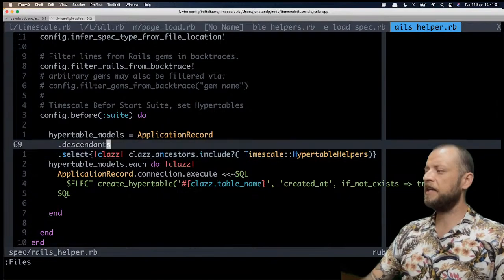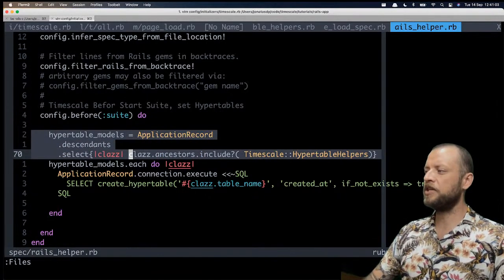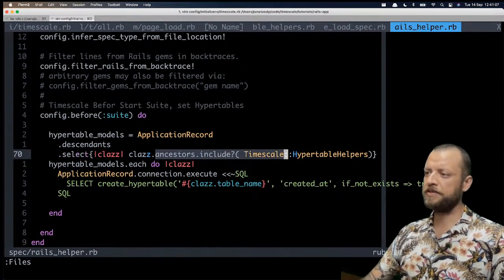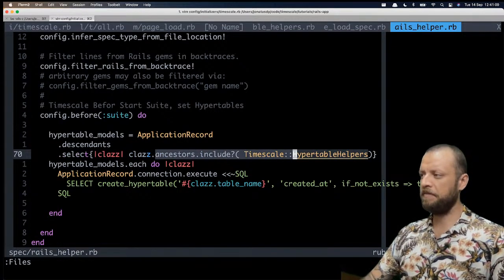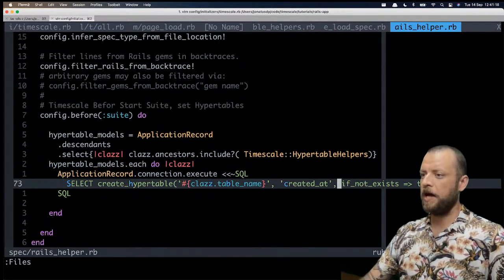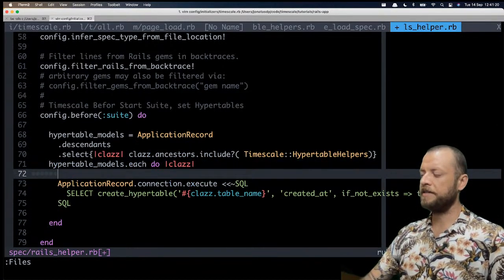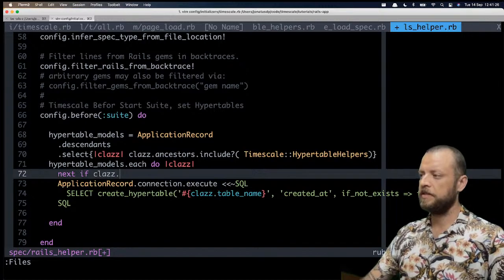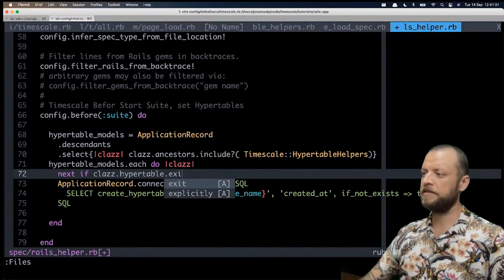So instead of just like we get like application descendants.grep, so here now we can just say, sorry, I can just do next here, for example, next if class dot Hypertable exists,